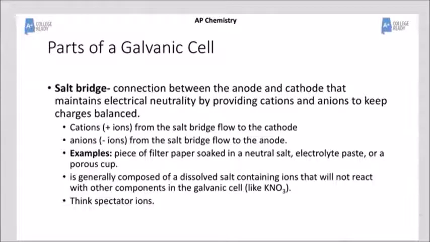We need these soluble salts in the salt bridge to provide cations to neutralize the buildup of negative ions, and we need anions from the salt bridge to go to the other cell to neutralize or even out the buildup of positive ions. So the bottom line is cations from the salt bridge flow to the cathode, and anions from the salt bridge